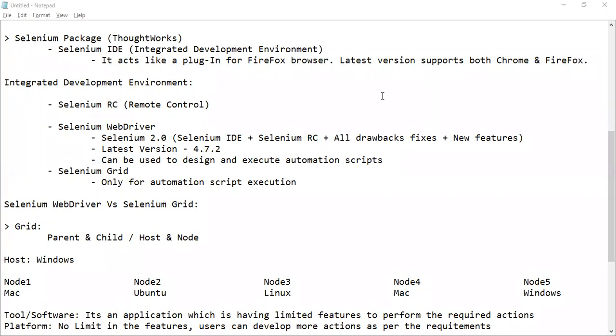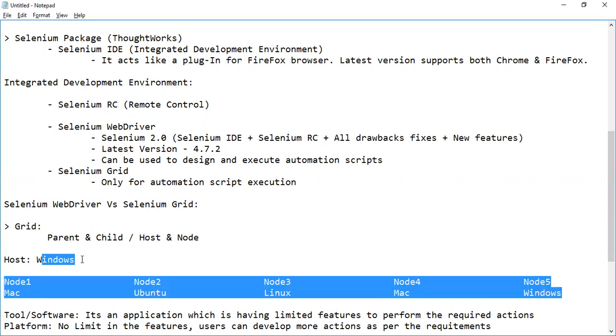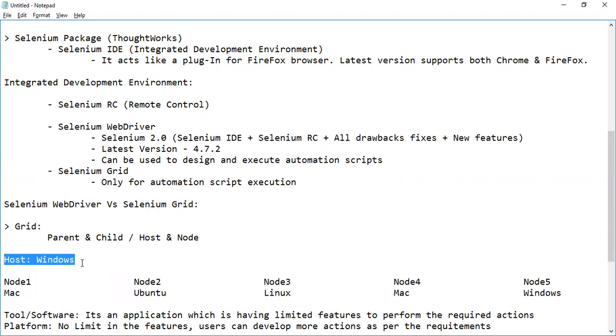Now I want to execute my 100 automation scripts in all the operating systems at a time. If I click on the run button in my host system, my Windows host system,